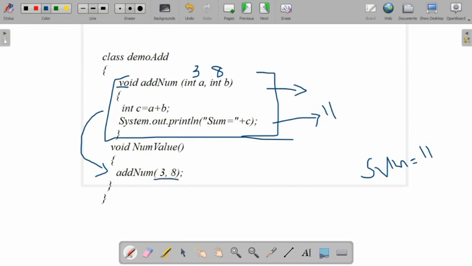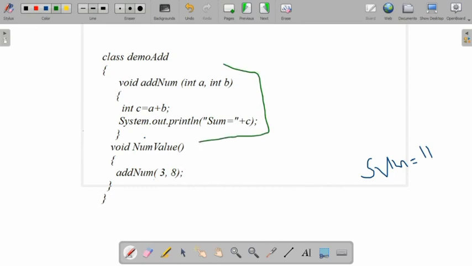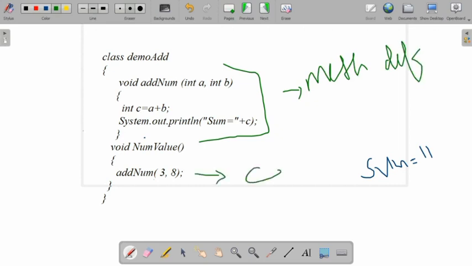One more thing we have to remember for these two: they are the parameters. This is the method definition, and this is the method calling statement. In the method definition, the parameters are known as formal parameters. Please remember, the parameters in the method definition are known as formal parameters, so a and b are the formal parameters.